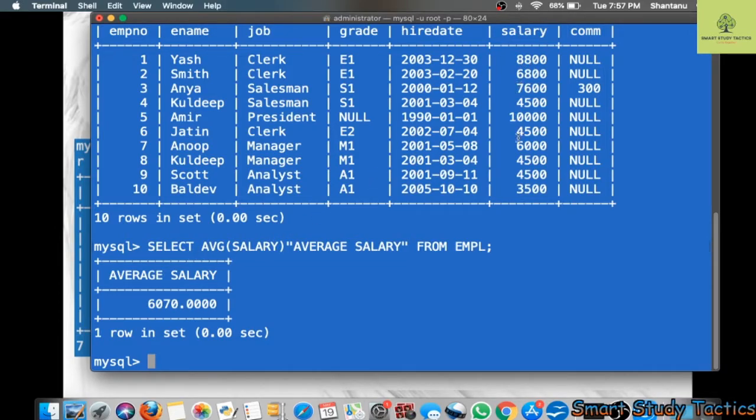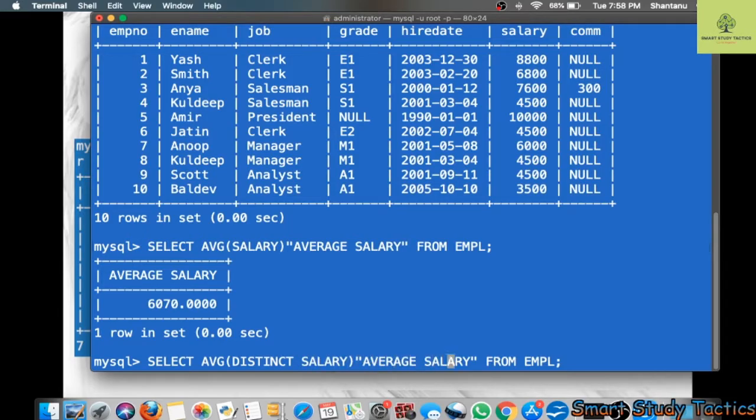So it is calculating the sum of all values and dividing by 10. Okay, so it is getting this much. Now if I put the DISTINCT keyword, I think I told you about the distinct keyword, it means it is not going to repeat the value. It will use a single value only once. As you can see here, 4500 appears three to four times, so it is going to use it only one time. I am going to use the distinct keyword. I am not going to write the query again; I am using the control key to rewrite the query. So I am going to write the distinct keyword. So here you can see distinct.